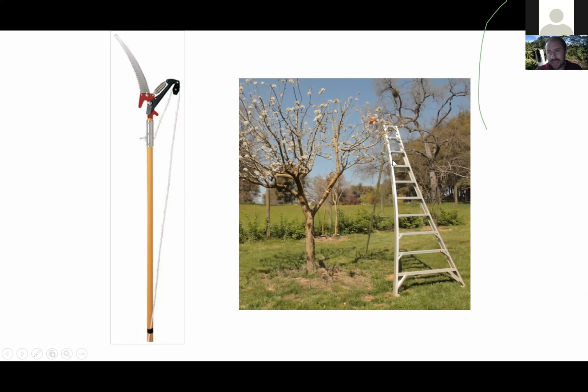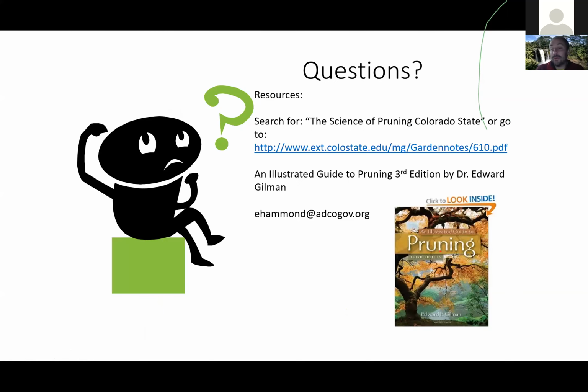The very best type of ladder is an orchard ladder, which are these tripod ladders. They let you slide them pretty close to the tree. You can also get a pole saw or even a pole chainsaw these days. Be very careful with the pole chainsaw. This one has a blade and a pruner here that cuts when you pull the string. And that's obviously not the most accurate way to make a cut, but sometimes it's the best we got. So I'm going to go on and talk about shrubs, but are there any questions about trees at this point?